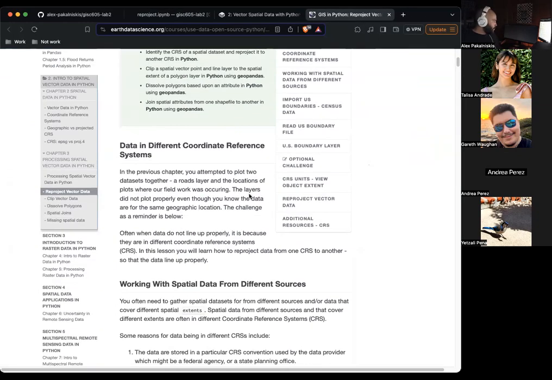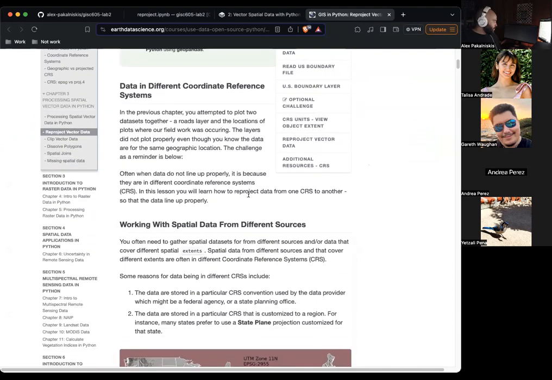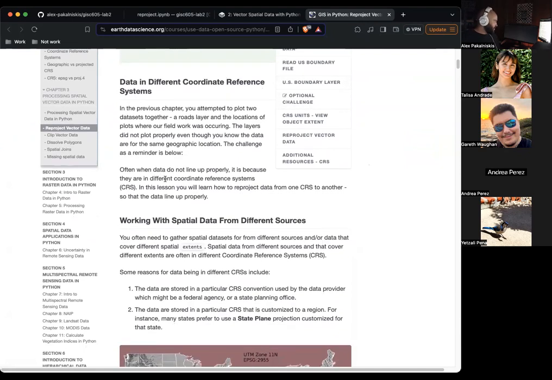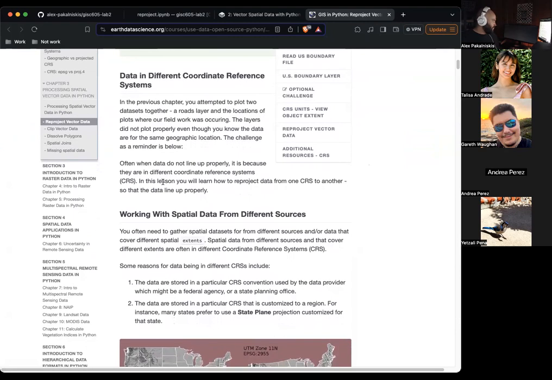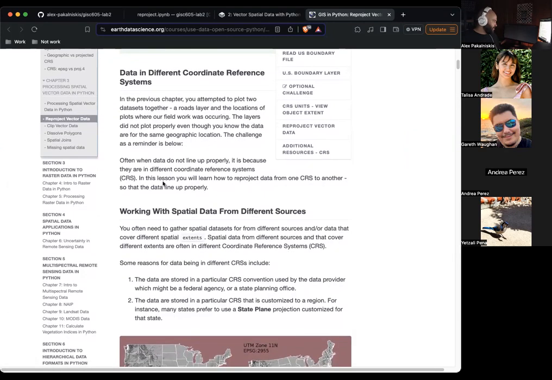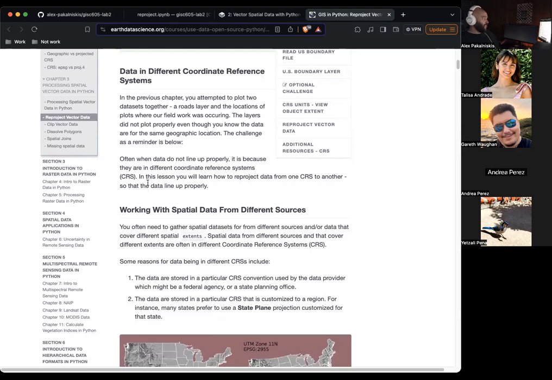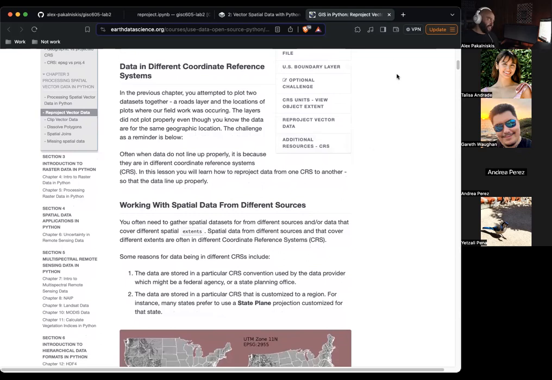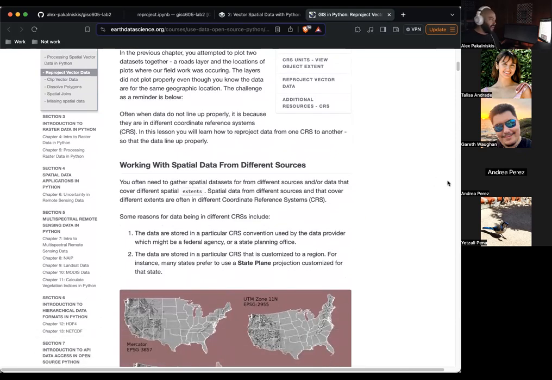So we've been kind of dancing around coordinate reference systems a lot today, so let's just continue that dance. Oftentimes you're going to have data from multiple different sources with different coordinate reference systems. And so in this lesson, we're going to learn tips and tricks on how to interconvert for the sake of analyzing disparate data sources.